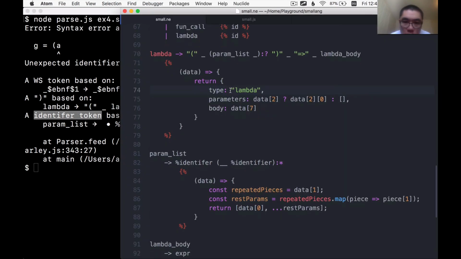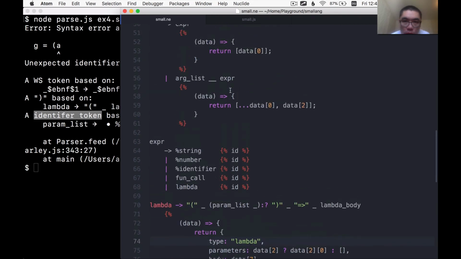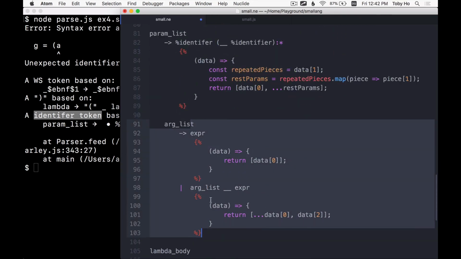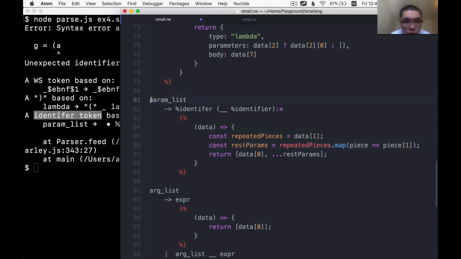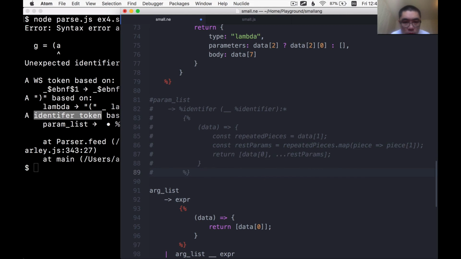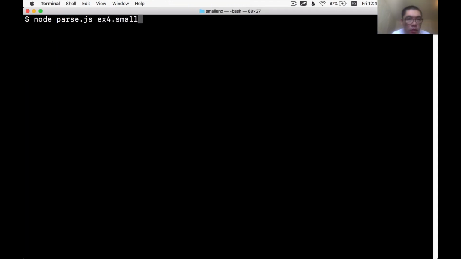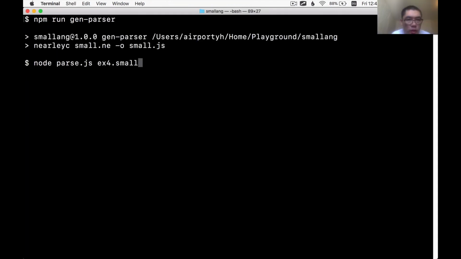I guess one thing that I could try is going back to how I did it with the arc list and see if that solves the problem. Let me save this version though, so I can have it for later if I want it. But I'm going to change this guy to paramlist, change the express to identifiers, regenerate the parser, and run it